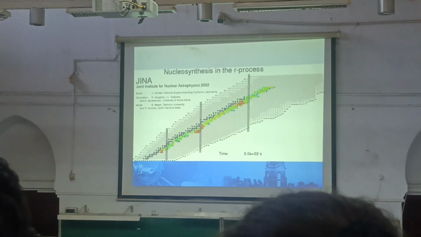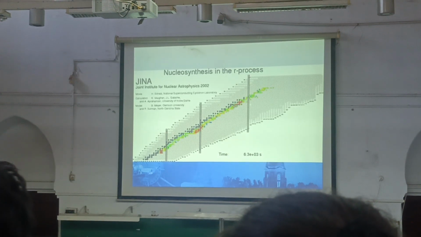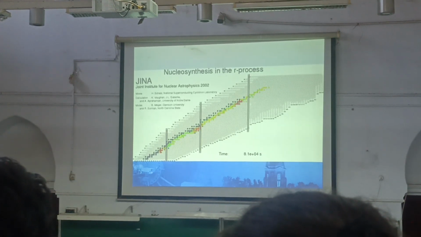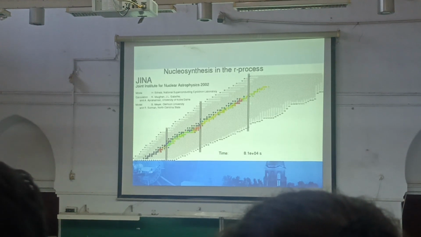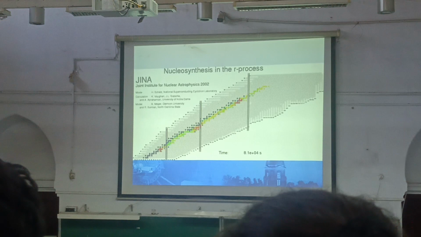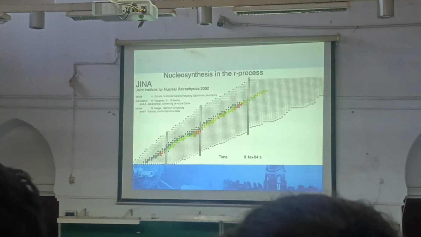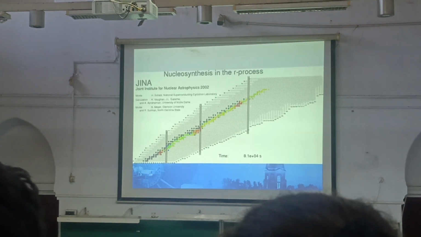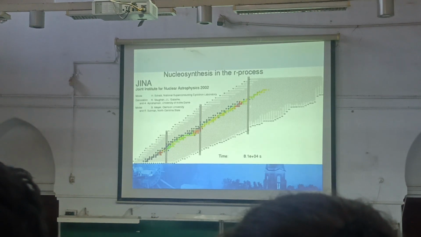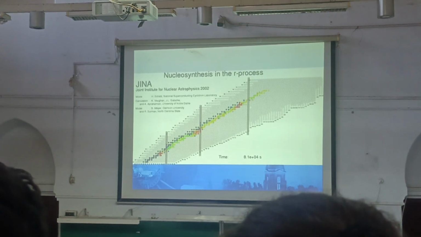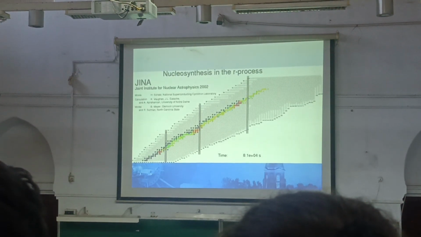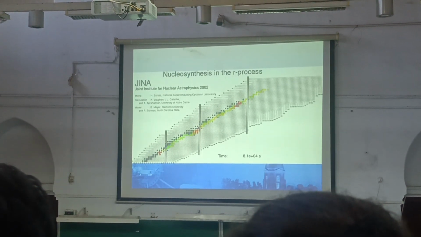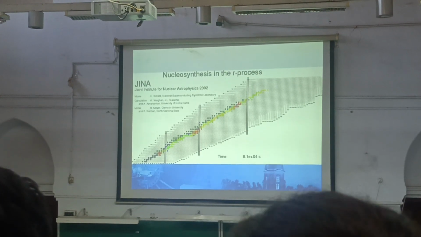The probability of capture is very small. But if you have a huge number, then some probability will happen, and the next capture will happen before it decays away. So this is the process by which we have formed these elements. So where do we find these neutrons? Sorry, go to the market, 5-7 quintals of neutrons. 5-7 quintals is also a lot, but that is it. So where do we find it?